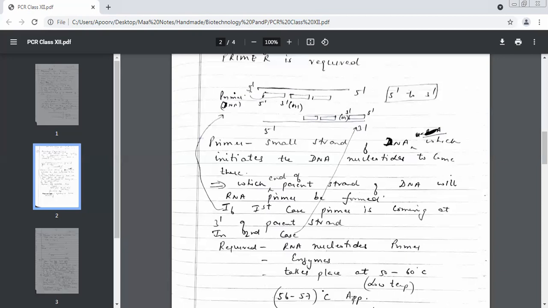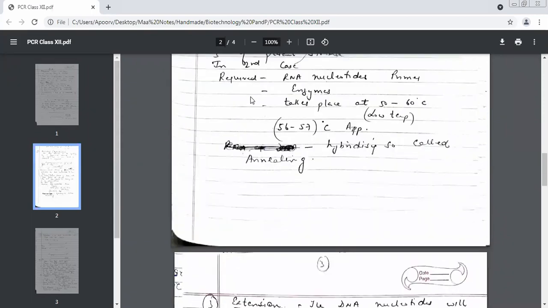Always remember, a bond with 3' is always made by 5'. So this is the 5' end of the primer. This is the 3' end of this single strand of DNA and this is the 5' end of your primer. Similarly here we had the 3' end. So with 3' always which one will combine? 5'. So this is the primer for the first strand. This is the primer for the second strand. Primers always bind to the 3' site in this DNA.